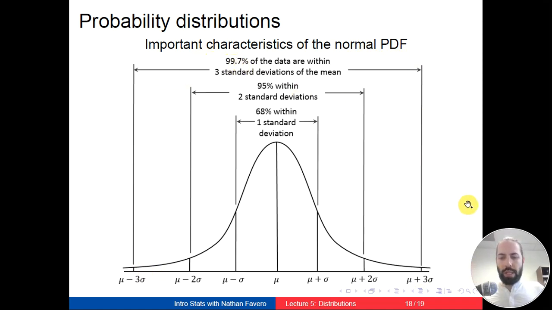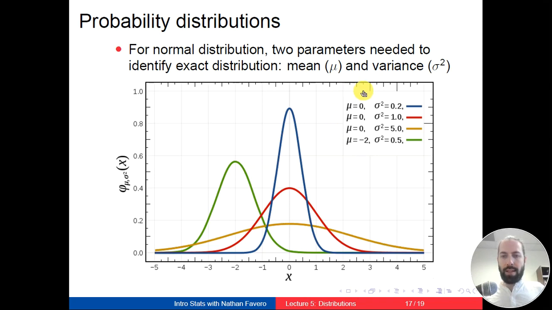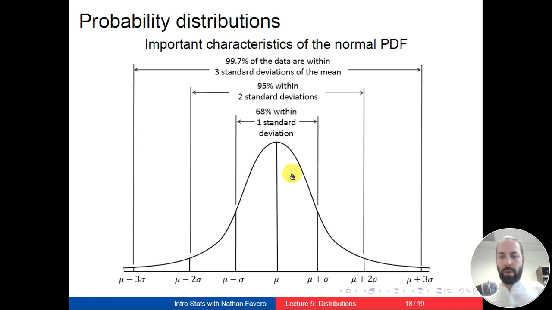take a draw from the normal distribution, we'll get a value within three standard deviations of the mean. And again, just to put a fine point on this, we can grab different values of the mean. We can choose different values for the variance. And regardless of which of these values we choose for the mean and the variance, these rules on the next slide are always going to apply.